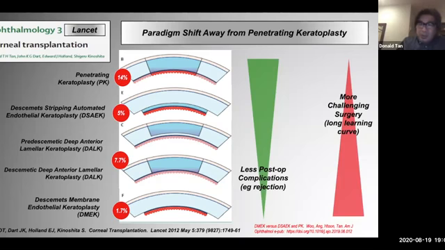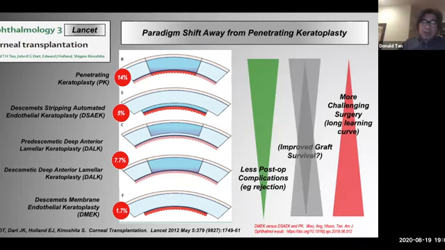The challenge with this is that surgery is more difficult. And obviously, if there are surgical challenges and problems, then it's not only a long learning curve, but your initial graft failure rates and immediate post-op complications are higher. So the balance is really whether we have improved graft survival rates. And I've shown in previous talks the studies from, say, the Australian corneal graft registry, which actually shows that lamellar surgery can have worse outcomes, really because of the surgical challenge, not the physiology of performing lamellar surgery.